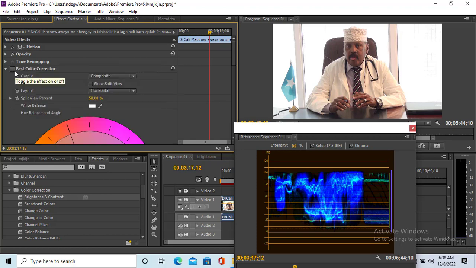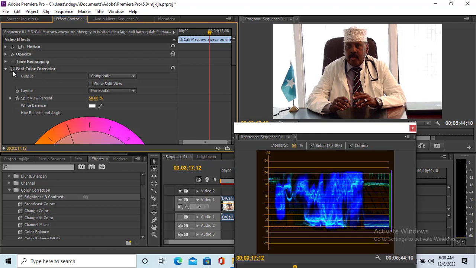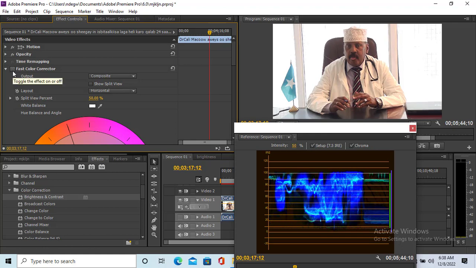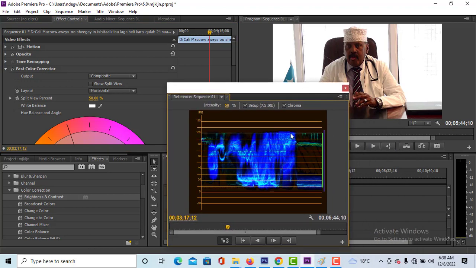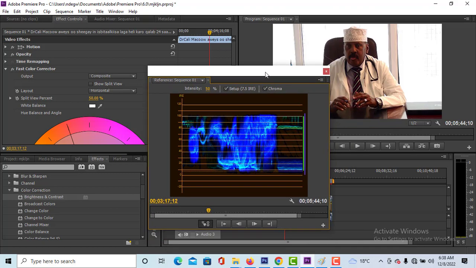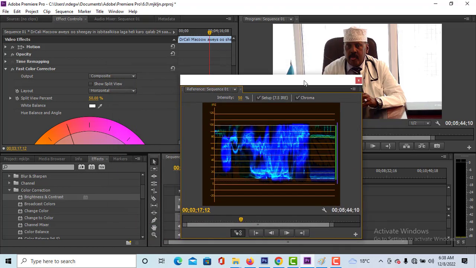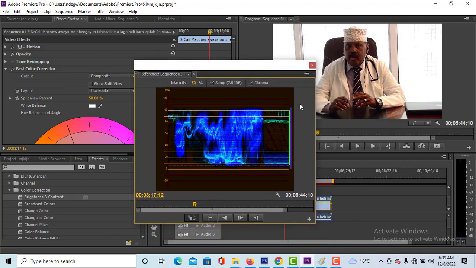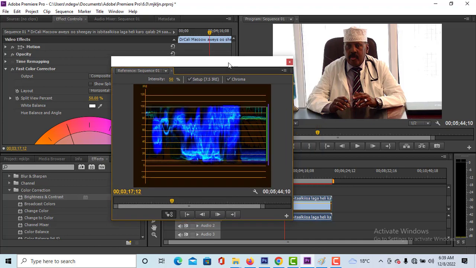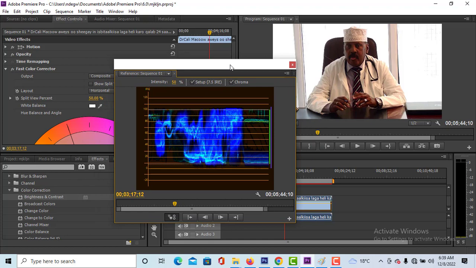If you look at the difference between fast color corrector and brightness and contrast, you see at least fast color corrector does a very good job in color correcting that over-bright clip to something better. So at this point, I think it is better for you to use fast color corrector than using the brightness and contrast effect in Premiere Pro, which will probably give you the best footage and